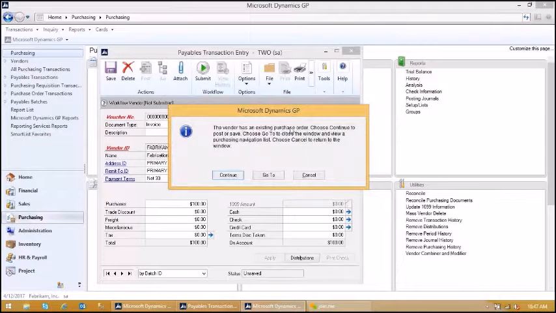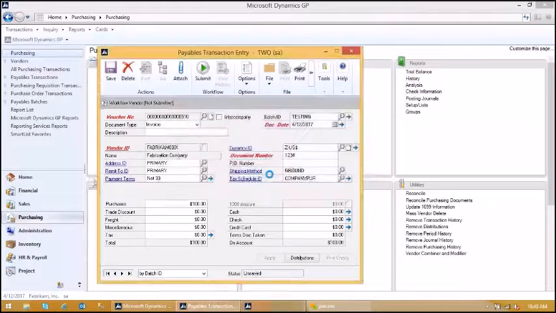Vendor has an existing purchase order. You can choose continue to post or save. So that would just do nothing, continue on as normal. You can also choose to close the window that you're in, so it'll close the transaction entry and view the purchase order. Or you can cancel to return to this window if you want to change something or delete the document. So let's say I said, I'm surprised that this person has a purchase order out there, so